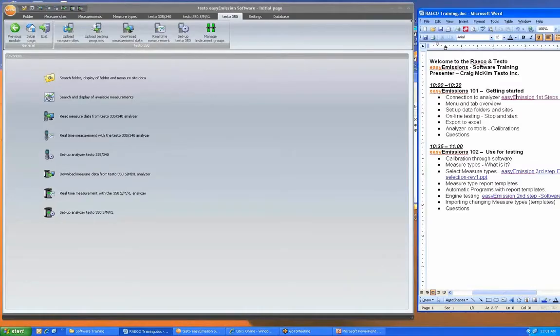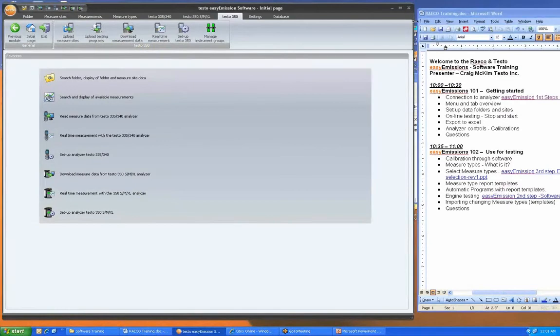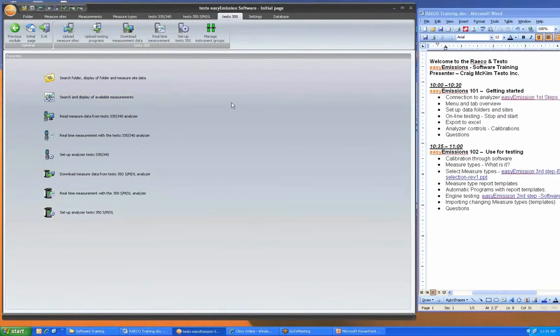Let's get back into the software. Right now I've got a 350 hooked up, and currently in my software I can connect to a 335, a 350 XL, or the new 350. I've got the new 350 hooked up right now. If you have these in your screen, those can be removed